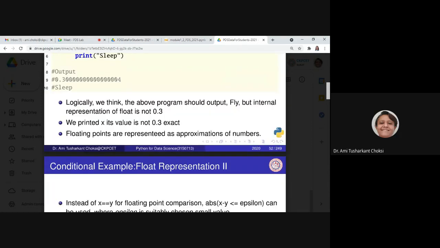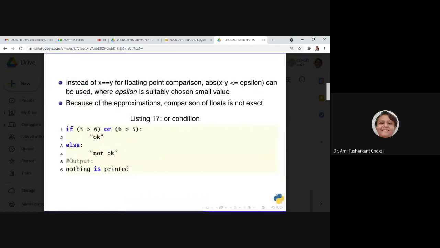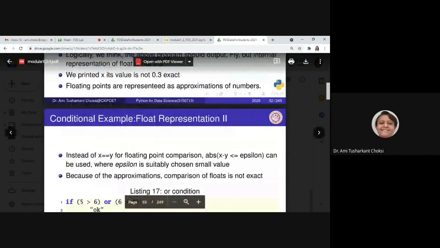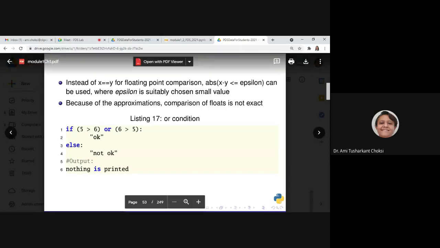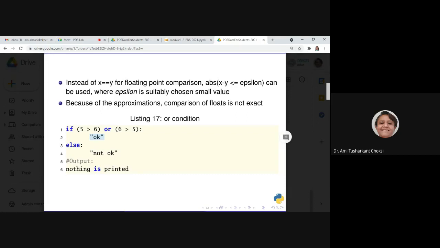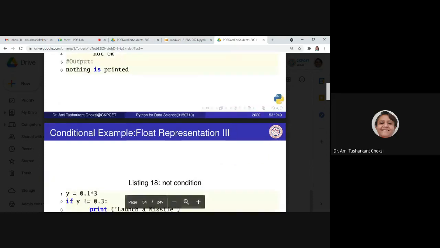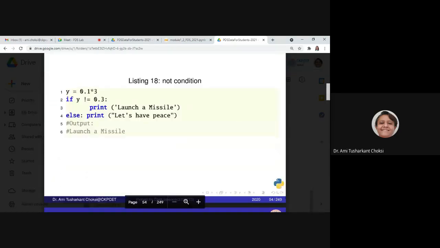Okay. So that was the elif. Now let us say that or conditions we are having and and conditions also we are having, right? And these things, that is only okay. We are not using print okay. If print okay is there, then that okay or not okay will be printed. But here only okay is there. In C or Java language it could give you an error. But here an error will not occur, but nothing will be printed because the print statement is not there, right? Okay, so these things are known to us.